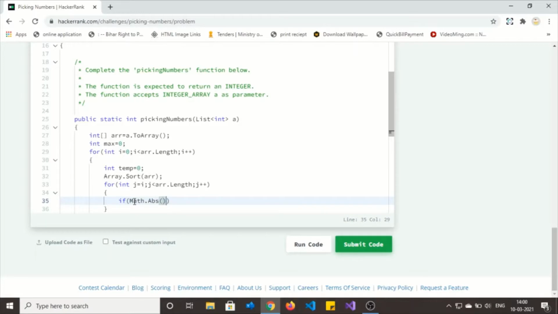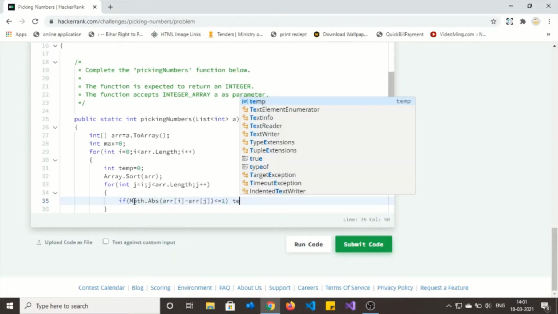So arr of i minus arr of j, and if it is less than or equal to 1, then we need to increment temp plus plus. Okay, else, we need to break the loop, because if it is not satisfying the criteria, then we can't continue. So if it is not satisfying the criteria, then we'll break the loop.